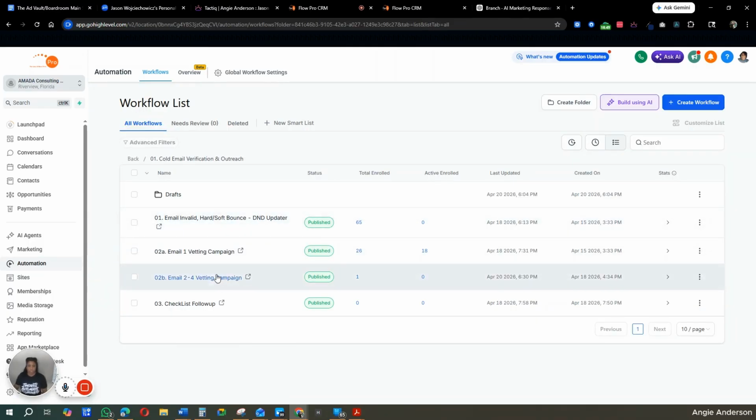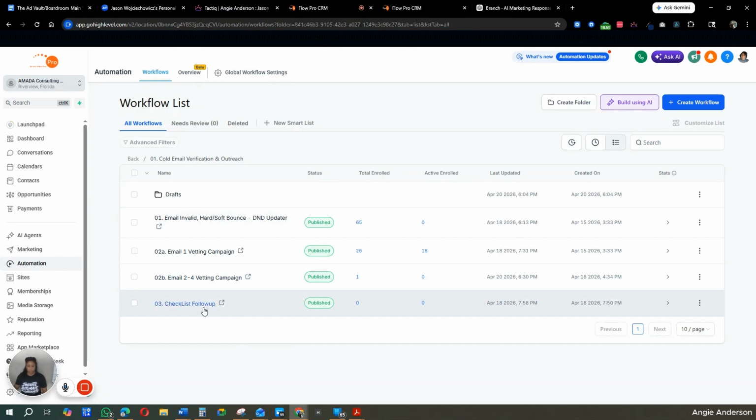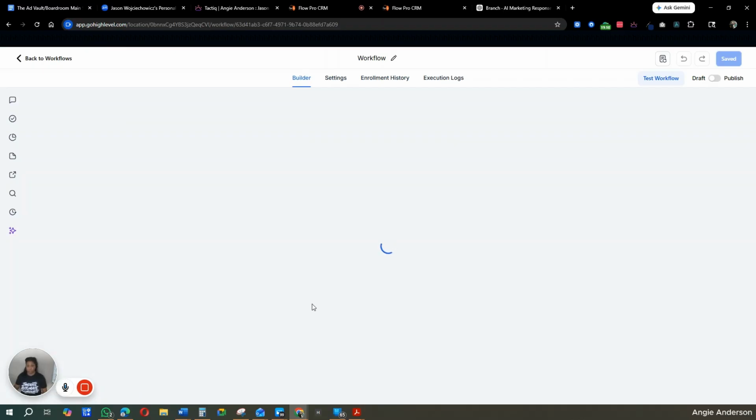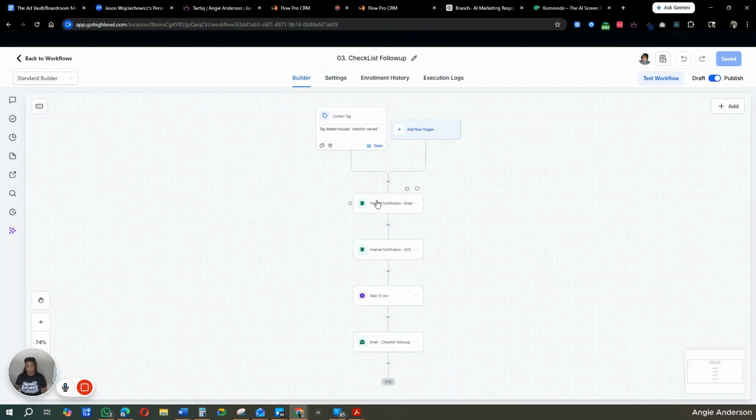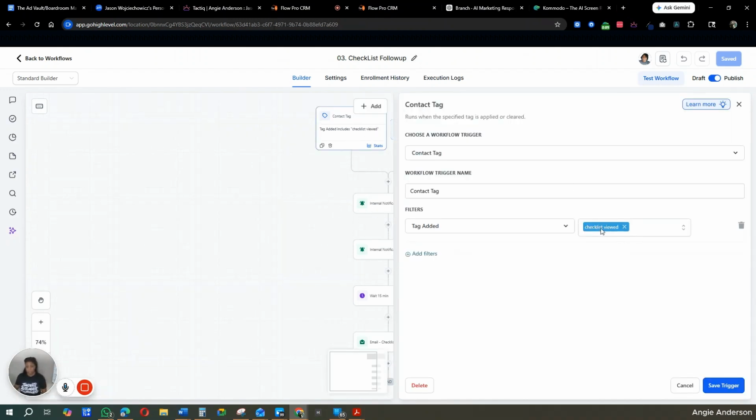Okay, so the last workflow here is for the checklist follow-up. So if anybody clicks on that link, they get the checklist view tag, and that tag then triggers an immediate response within a certain time frame. And this is just me with that touch point trying to keep it going. Right, so here is the checklist follow-up. So once that tag is put on,